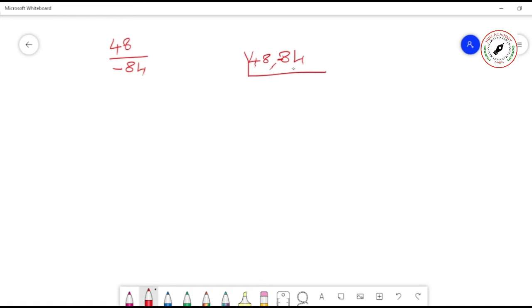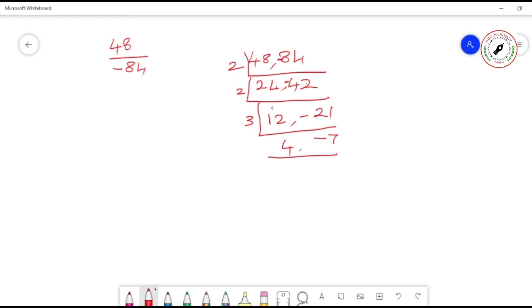What you have to do? Since you don't know the 12th table, use the 2 table. 2 4s, here 4 2s, minus. Okay. Then again you put the 2 table. 1 2 minus, 2 1. Again, what is the common factor? Common divider is 3, isn't it? 4, 7. Correct? Now this is the number.